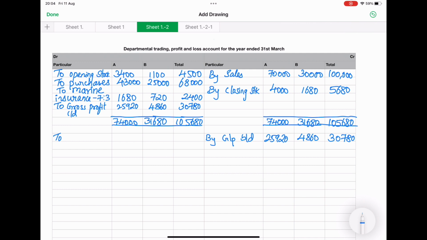Okay, to rent and rates. So I'll just write rent. To rent we are going to bifurcate in the ratio of 7:3, isn't it? 1,800 total. 1,800 into 7 by 10, amount will be 1,260. 1,800 into 3 by 10 will be 540. Next one,